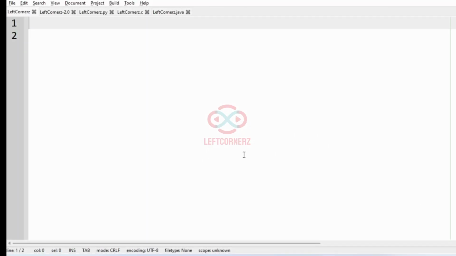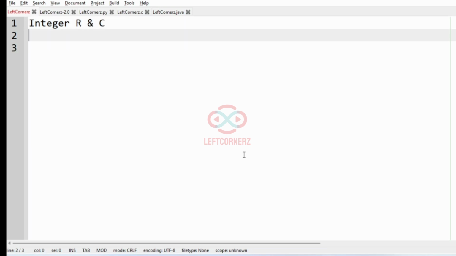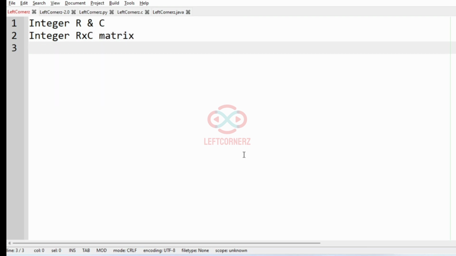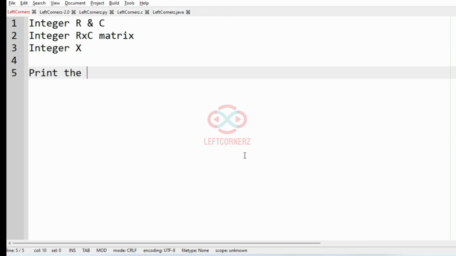First, to understand our question, the program has to accept the integers R and C as the input, representing the number of rows and columns, and then the integer matrix of size R cross C, and then it has to accept the integer x, and then after getting all our inputs we are going to print the integers in the xth